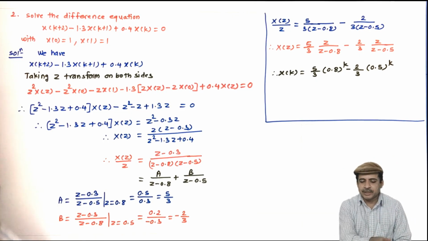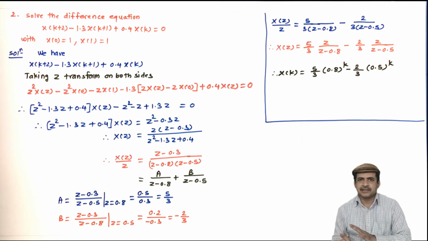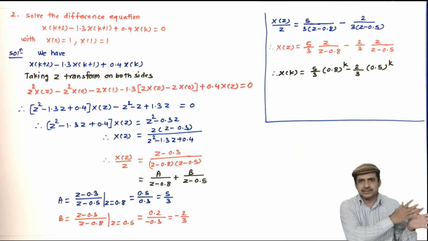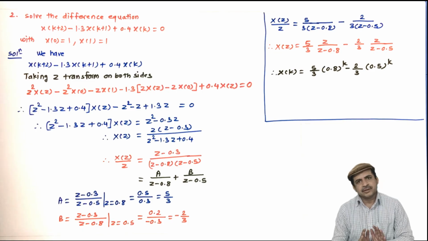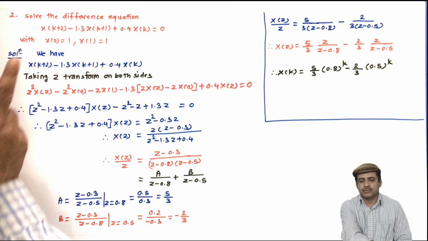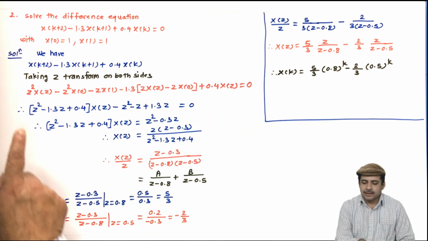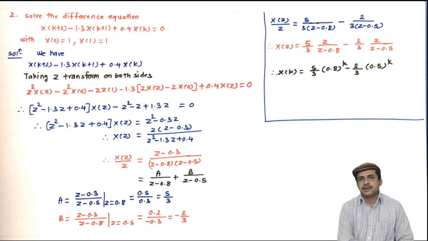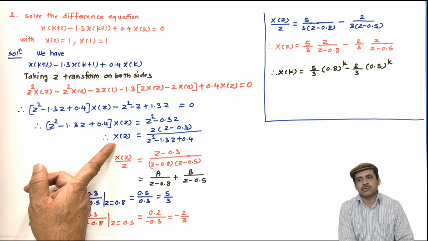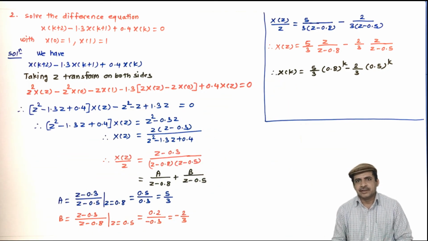So what we did, look at this example. Whether it is expressed with a difference equation containing samples with advanced version of time or a delayed shift in time, the first step is always to take Z transform on both sides of the difference equation. So we take it. Then recollect the terms and obtain the expression for x of z. And then find out the inverse Z transform of x of z to get x of k. Now this inverse Z transform you can obtain by the partial fraction approach, or even you can go by the residue approach.